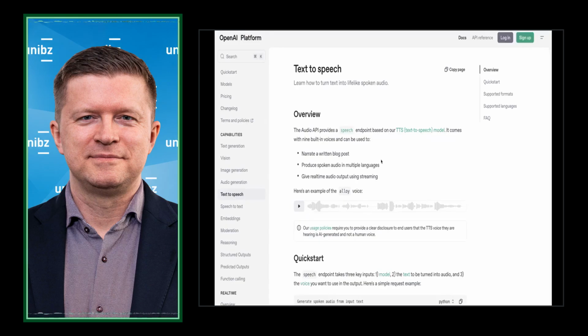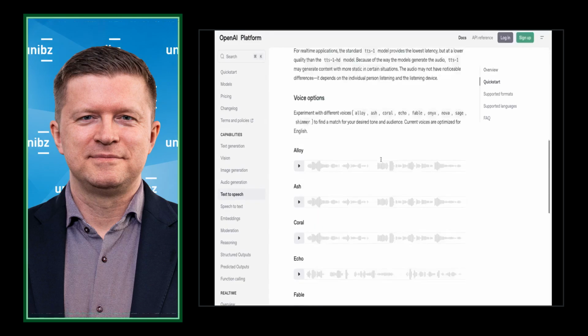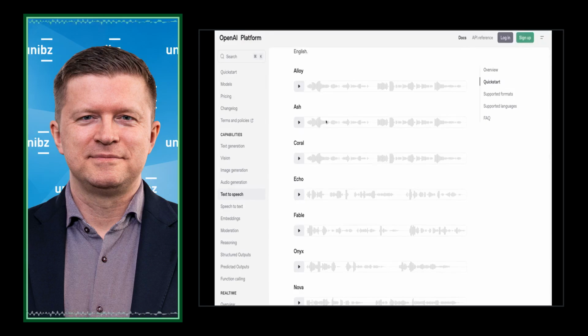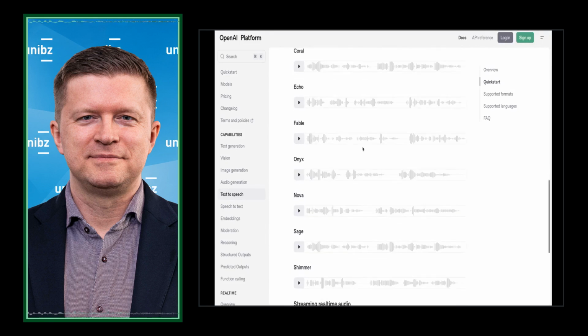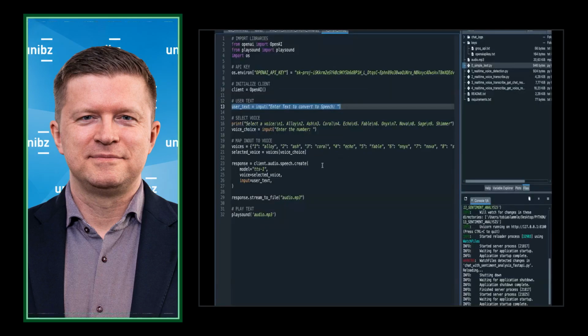So here's the documentation of OpenAI, and we can see they offer a lot of different voices, and you can pre-check how they sound and then select the voice you like the most. And that's why I selected all these names and give the user the ability to select one of those. And yeah, let's see if it works.